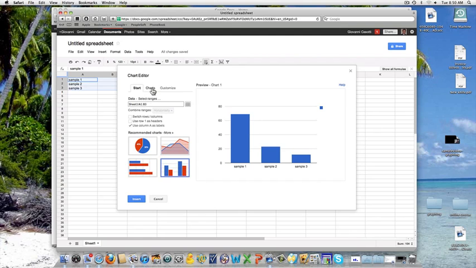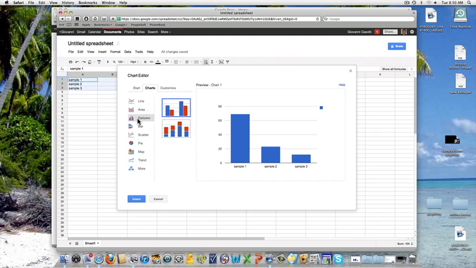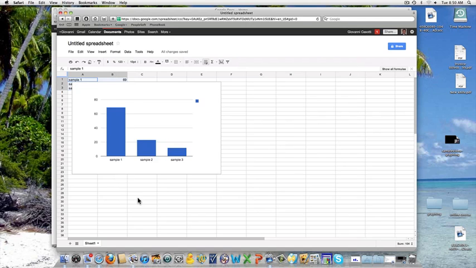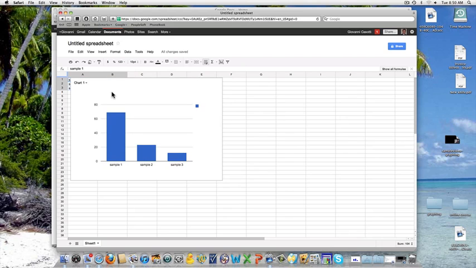Alternatively, you can go to Charts here and select any type of chart that you want and go to Insert, and this is what the chart looks like. Then you want to edit the chart. To do this, click anywhere on the graph once, left click, and when you do that you'll see this drop down menu appear. The drop down menu has a number of choices. We're going to select Edit Chart,